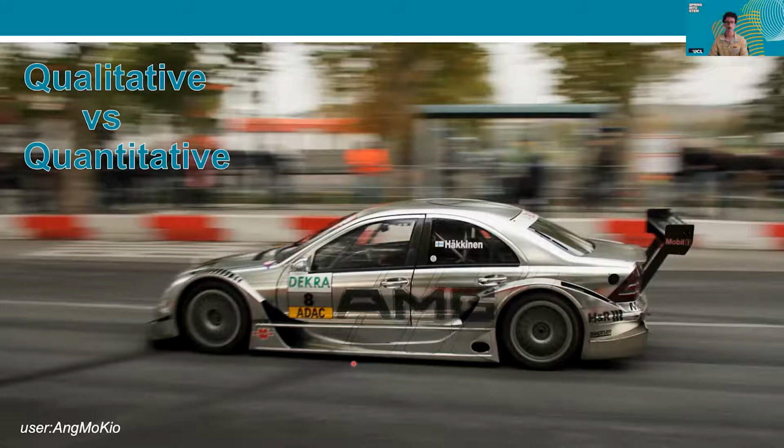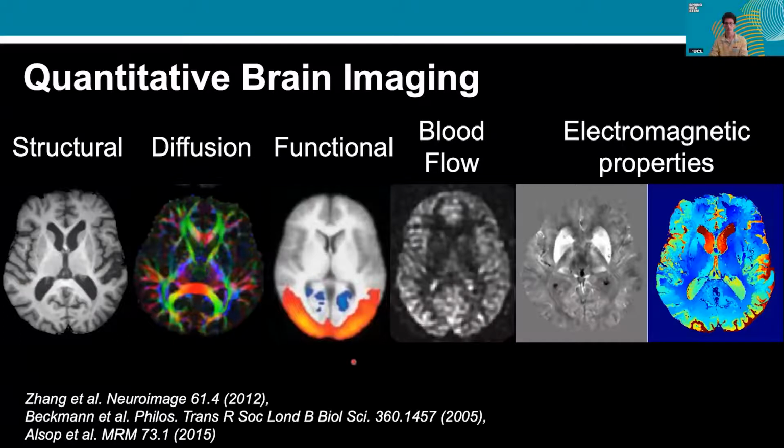And nowadays, there's a lot of people working on introducing more quantitative measures in MRI, and also making these quantitative measures more relevant in a clinical setting. And some examples that we have of these in brain imaging specifically is, to start off with, the structural imaging you've seen before. There are quantitative metrics that can be inferred from these, such as tissue density.